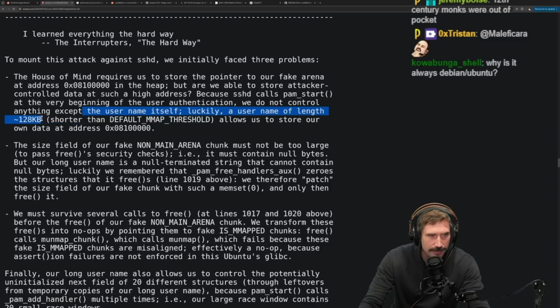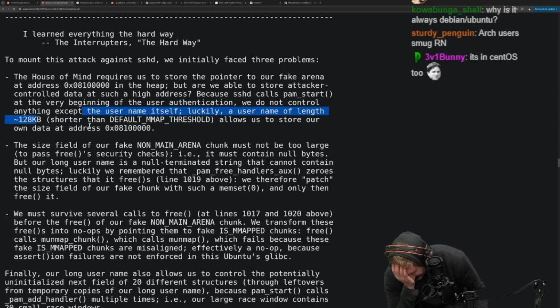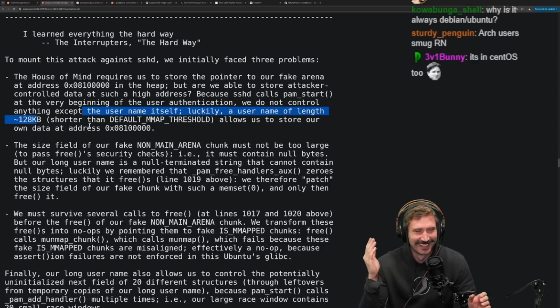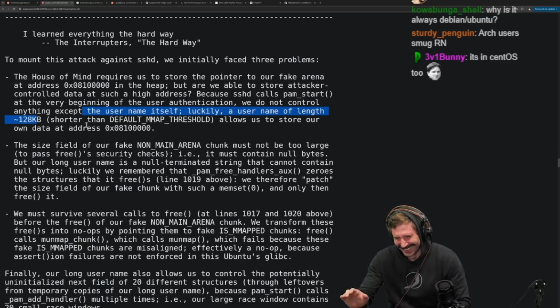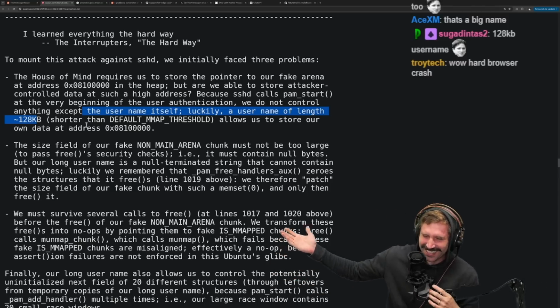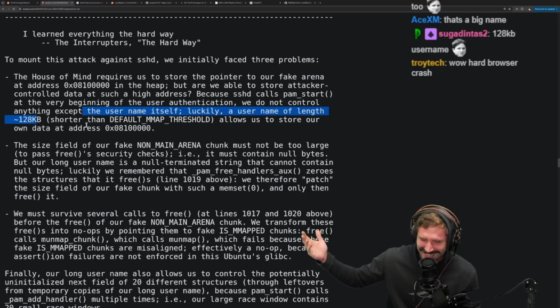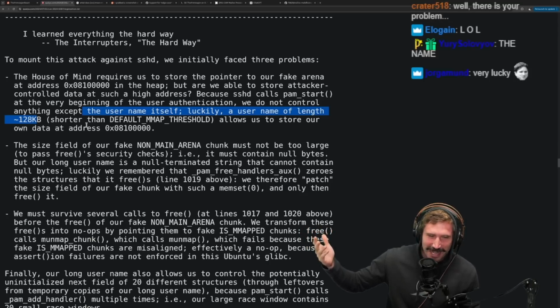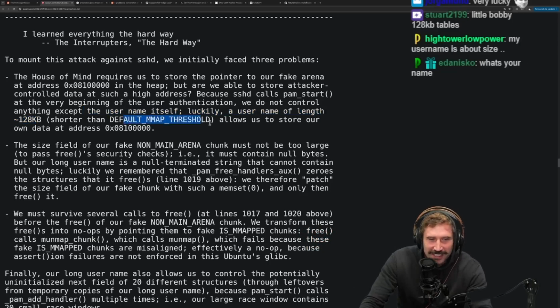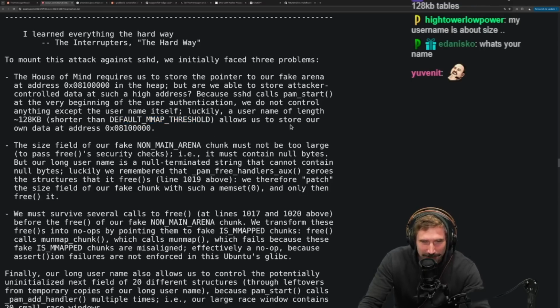Luckily, a username of length 128 KB. Who's allowing that? Well, there's your problem. Shorter than the default mmap threshold allows us to store our own data at this address.